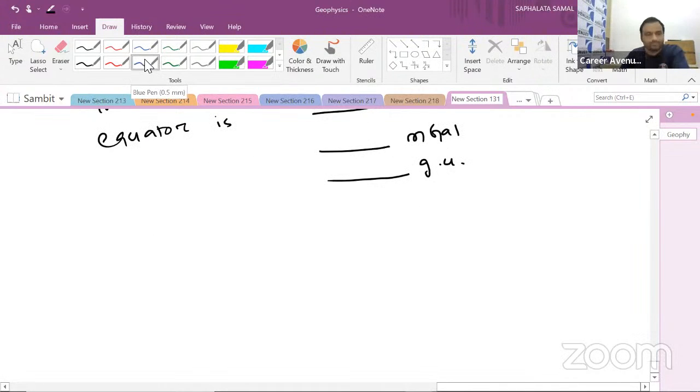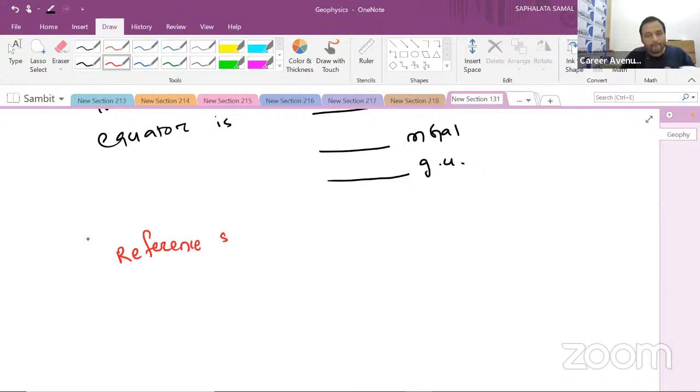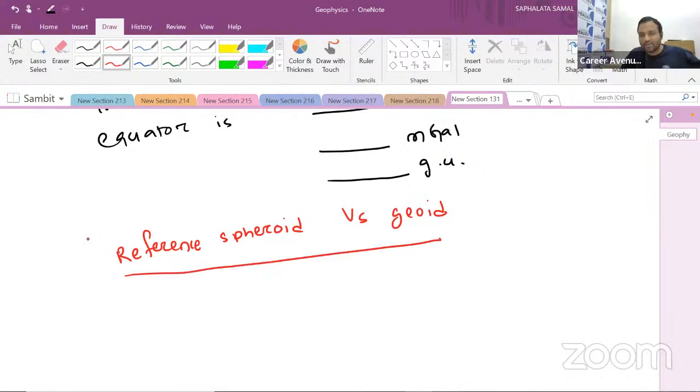Now, there is something called a reference spheroid versus geoid. We will discuss the reference spheroid versus geoid concept. What is a reference spheroid? If you see the Earth's shape, we can mathematically model the shape of the Earth by an equation. That equation is given as